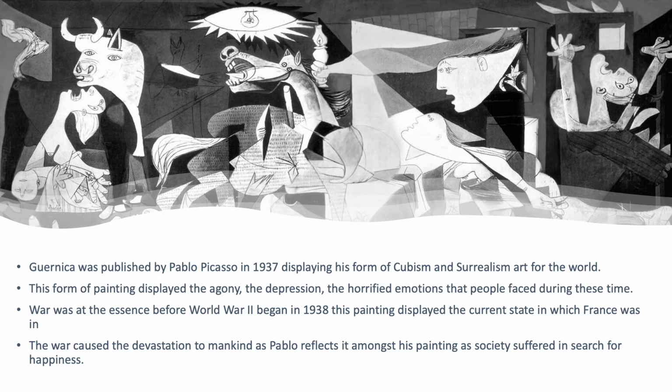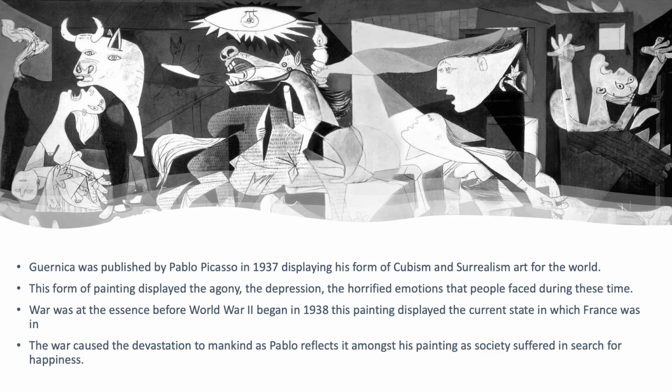Before World War II began in 1938, this painting displayed the current state in which France was in. As you may know, World War I left many countries at stake, with devastating damages being done, especially to the United States, as France was a part of the Allies, which helped them as well. The war caused devastation to mankind, as Pablo reflects it amongst his painting, as society suffered in search for